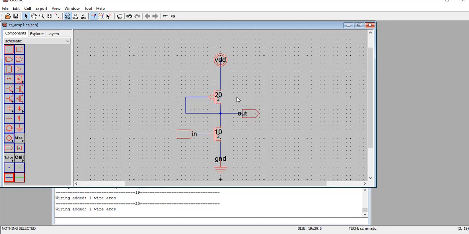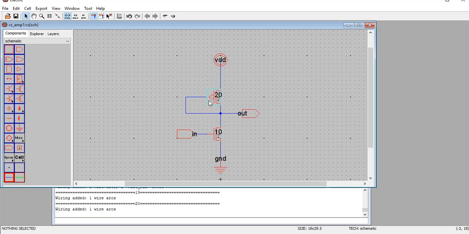The moment I do this connection by tying the gate back to the drain, this connection is known as diode connected format. Why this is called diode connected format, I'll make clear in the next section, but let me give you a glimpse of why this is called a common source amplifier.